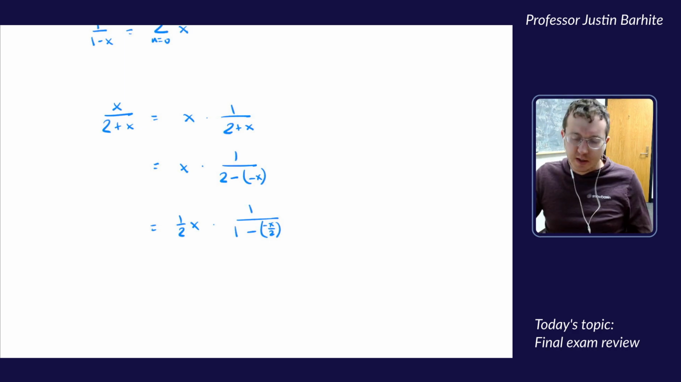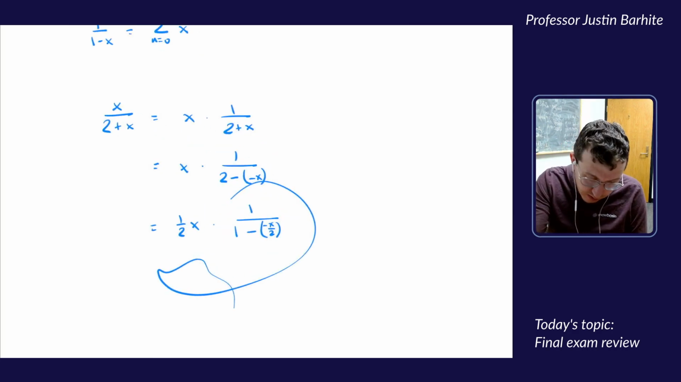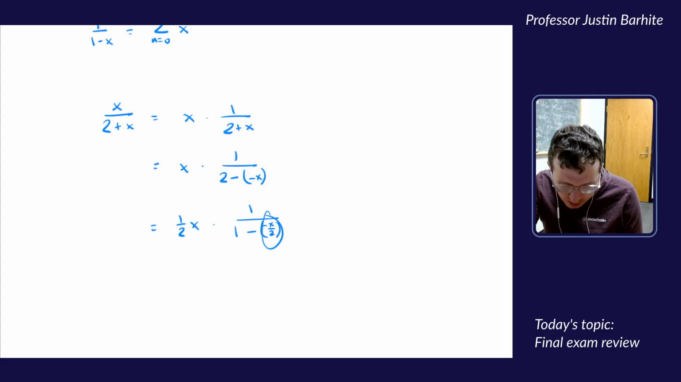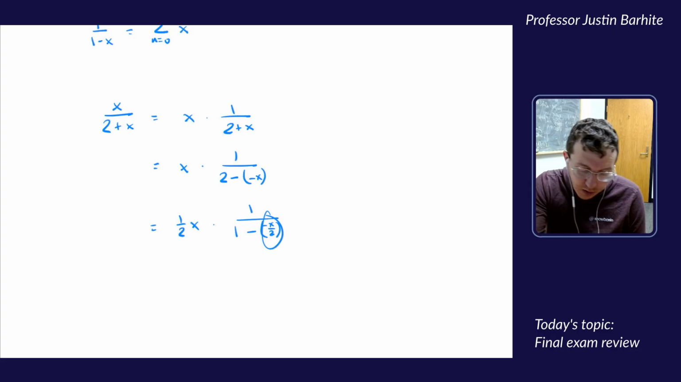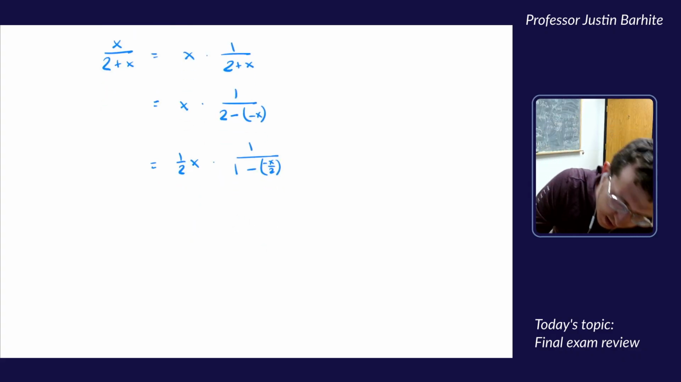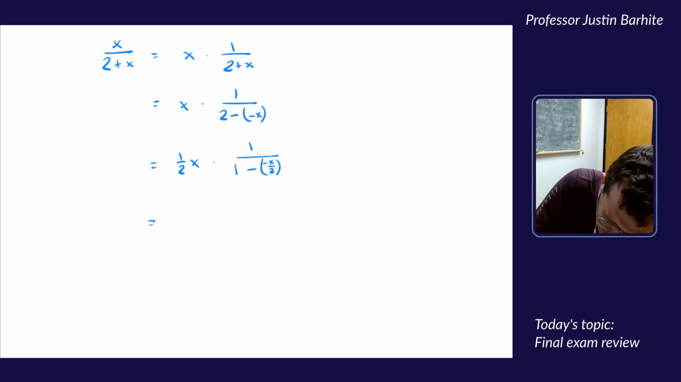Of course, I have to pull the 2 out in the denominator from both terms, both the 2 and the minus x over 2. So now I have a minus x over 2. That's fine. Now I really do have this in the form 1 over 1 minus something. So I can replace that with